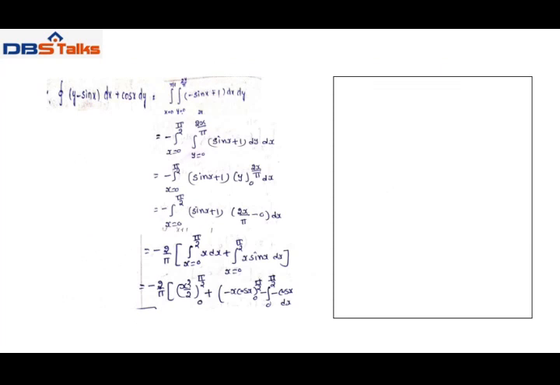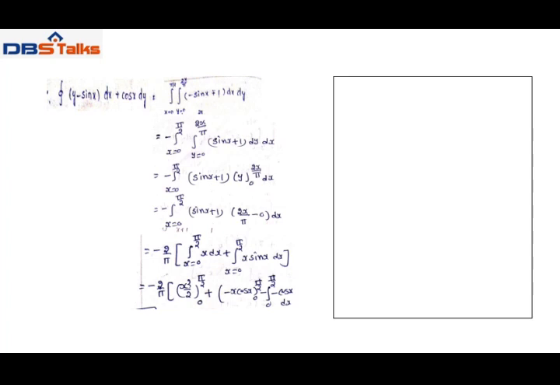Now, substitute dou N by dou x and dou M by dou y in Green's theorem. We have closed integral of (y minus sin x) dx plus cos x dy equal to double integral, x limits 0 to pi by 2 and y limits 0 to 2x by pi, of (minus sin x minus 1) dx dy. So, that equal to, writing minus outside the integral, minus integral 0 to pi by 2 integral 0 to 2x by pi of (sin x plus 1) dy dx.